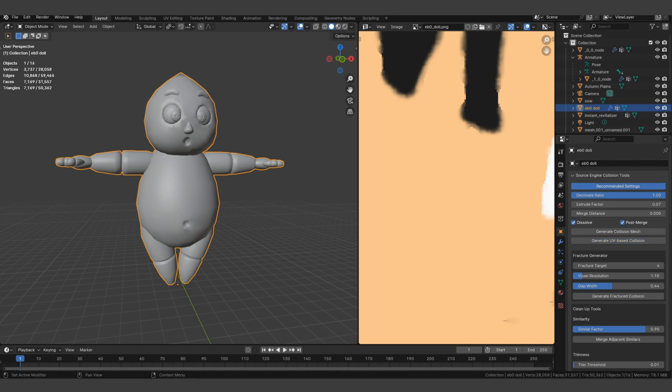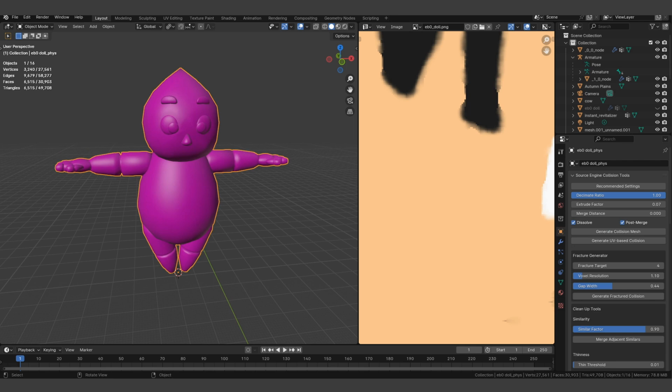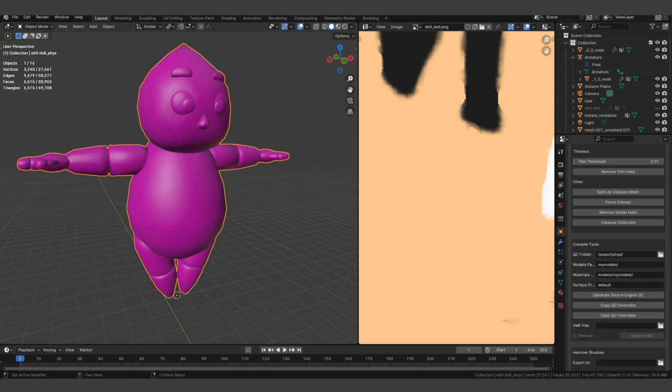So let me go ahead and press recommended settings and then generate UV base collision. All right, and see how fast that was? It's also much faster than the other methods. And the result is much cleaner. It did generate 44 holes, which is still above the 32 hole limit, but I have a handy little operator